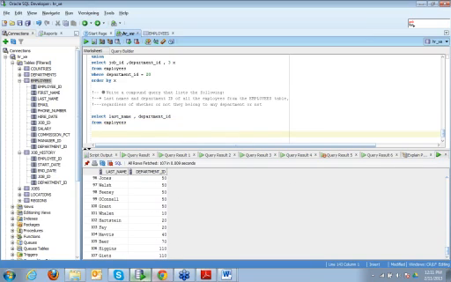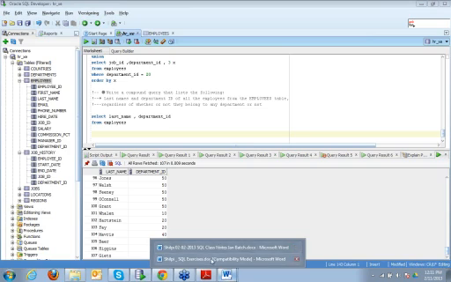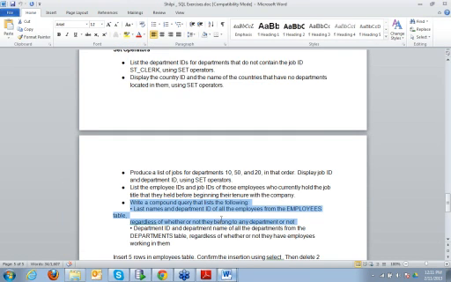I really don't need a set operation here. Then: department ID and department name of all departments from the departments table, regardless of whether or not they have employees working in them. Okay.